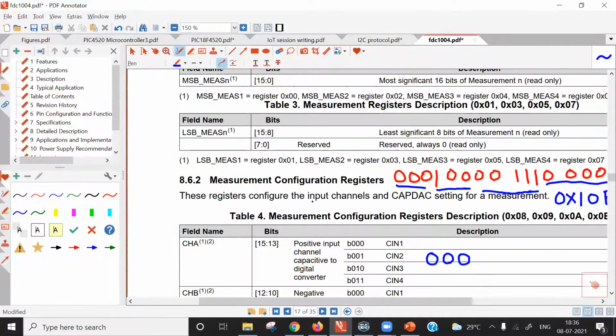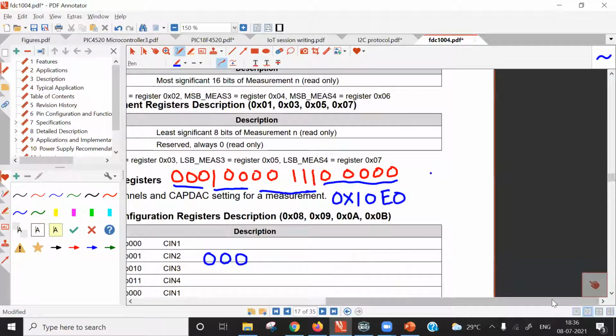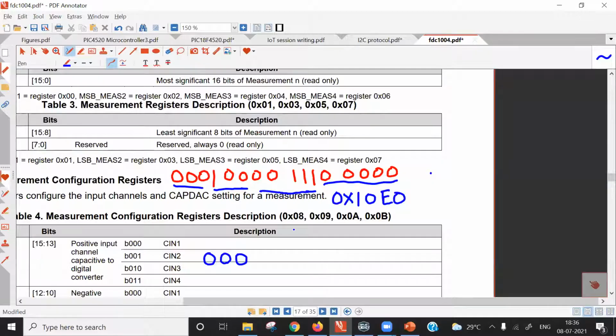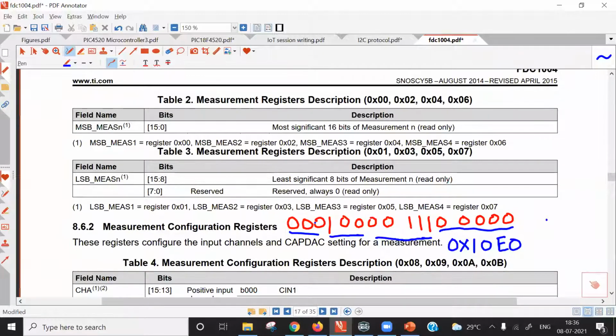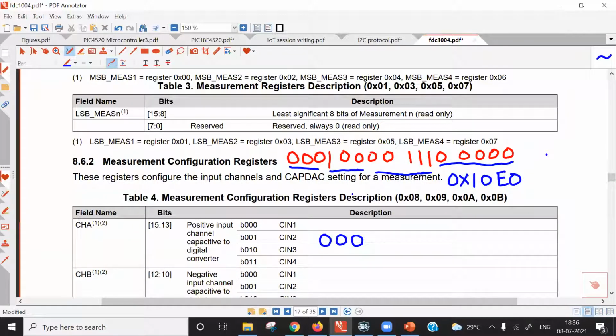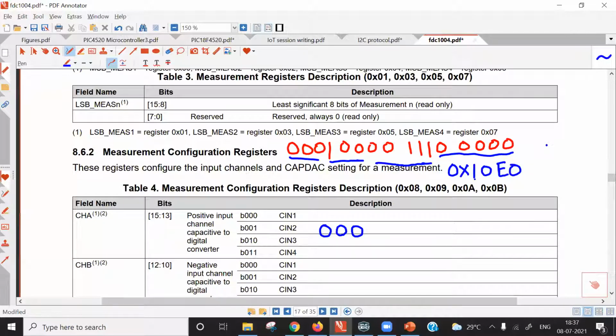For the coaxial capacitor which I constructed, we must remove the offset capacitance. And what is offset capacitance? Many times I discuss it. So this is the bit format of different registers. One such register is the measurement configuration register, and its pointer address for the first channel is 0x08. For the first channel, the address is 0x08.